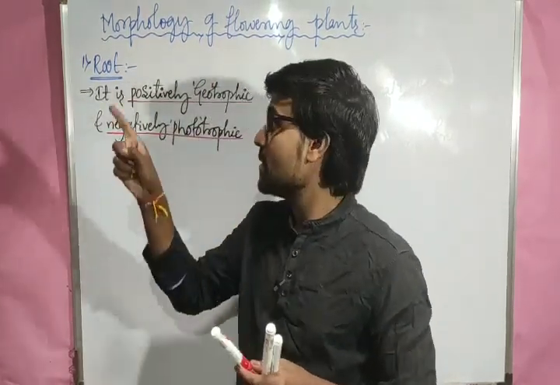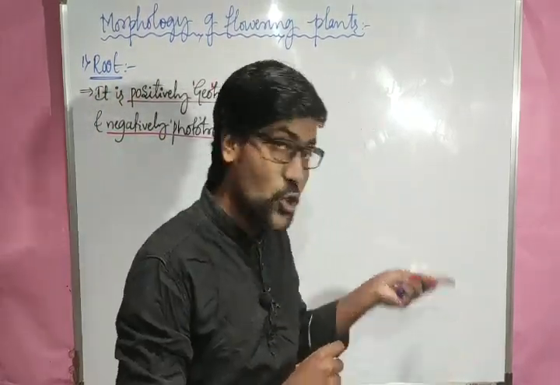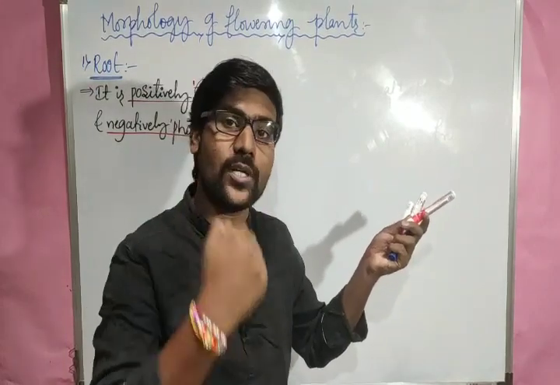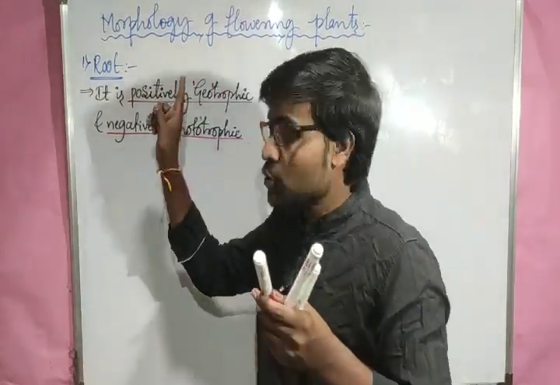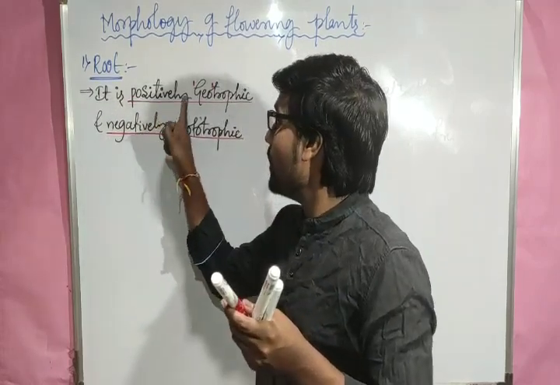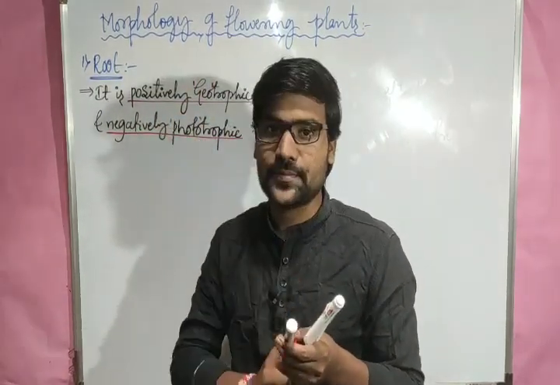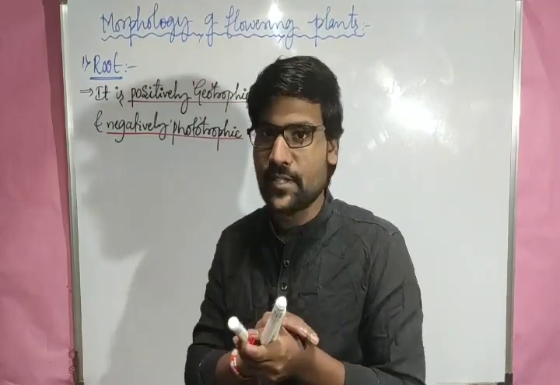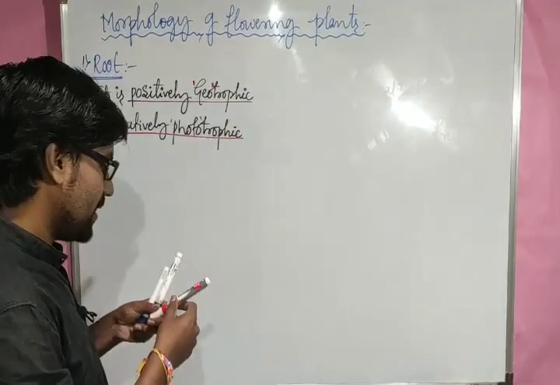But another system is there. This is the root. Another system is the shoot. Yesterday we observed that one, the shoot. That means the aerial part above the ground. So the shoot, if you want to say its character, is positively phototropic, negatively geotropic. So that is just the opposite. And this is positively geotropic, negatively phototropic.